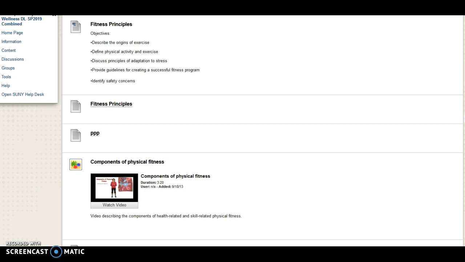So those are some things that I want you to take a look at if you missed that in this chapter. And then how do you fit a successful exercise or fitness program together and into your lives? And those are the guidelines. How are you going to do that? And it's going to be individualized and personalized for you. So hopefully, as you're going back, you might want to take a look at that and see what's happening and what's going on. And then we will be able to address that a little bit more specifically next week when we begin our exercise session. First exercise session is scheduled for next week.